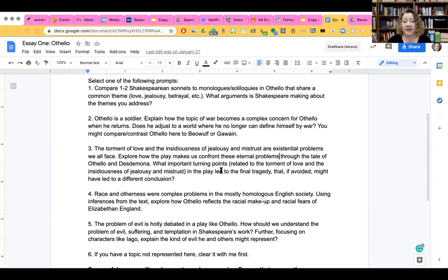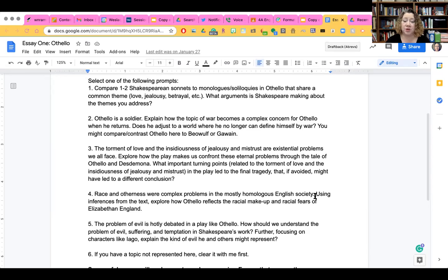This question ties into the history of England and immigration and assimilating different races into the nation. So you might have to, on this one, do a little background. It says, explain how these complex problems in English society are coming up in Othello. The problem that people had with, say, calling a Black Moor a Venetian and things like that. So how does that relate to England and English society?